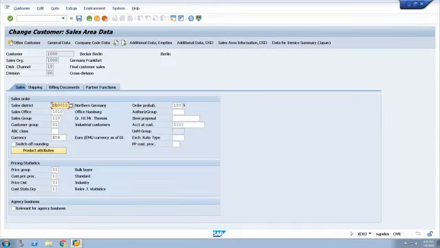Right? So why do you need a sales district? Sales district will help us to further drill down the reports. Sales district comes under the sales office. Whatever you created at the time of enterprise structure, sales district, sales office and sales group, you just maintain it here. So this customer belongs to which sales district and sales office, and which group is taking care of this particular customer. See, the data we are maintaining in this screen is applicable only for this customer.